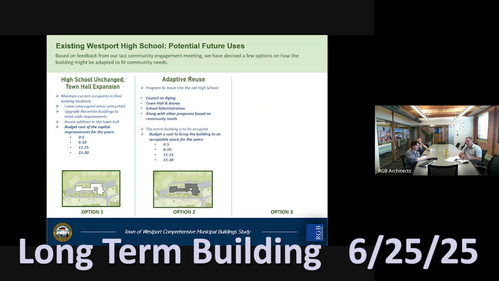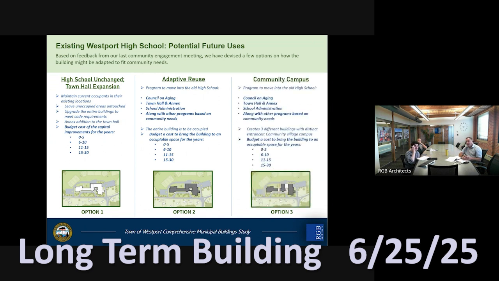So that first option was adaptive reuse, keeping the entire high school complex, the facility, and how it could be broken out or retrofitted. That was option 2. And then discussion about removing significant sections of the building and giving it more of a campus condition, where we did town hall and annex as a complex, a school addition, and youth services and athletics. And then we had council on aging, potentially farmers market, and even the auditorium